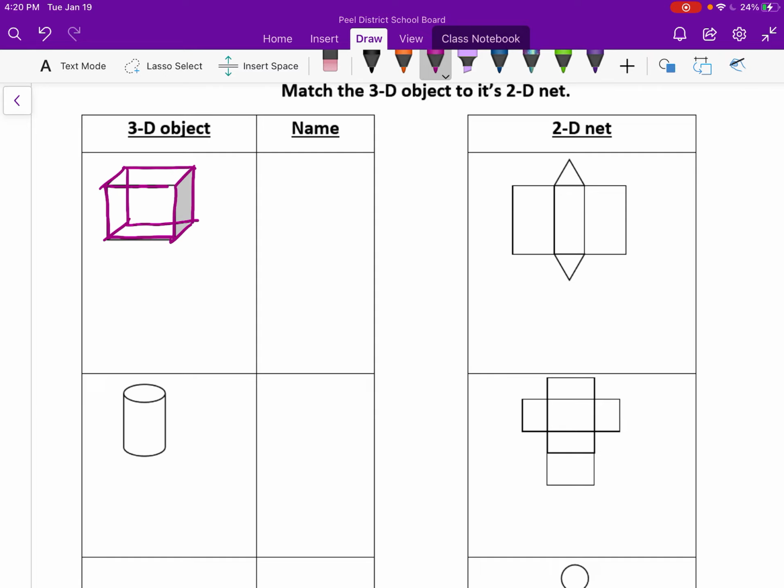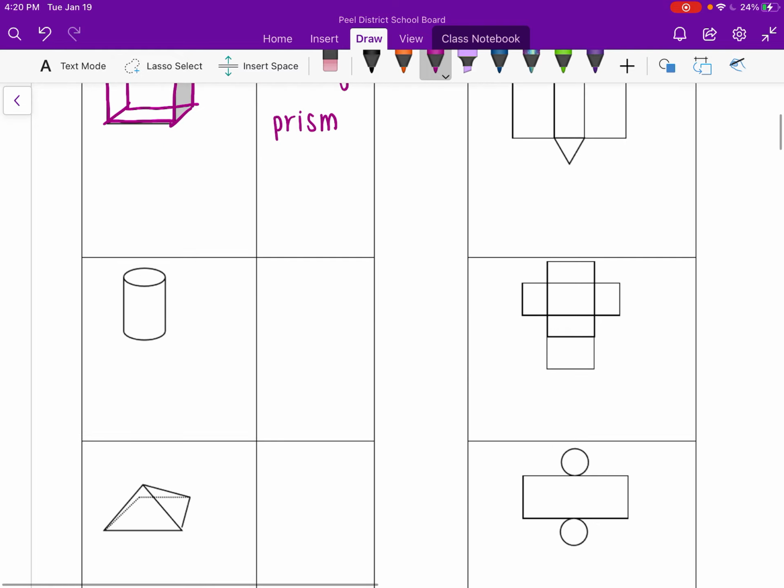So this is something we call a rectangular prism, right? Then we have this thing right here. It's a circle attached to another circle through parallel lines, and we call this a cylinder,